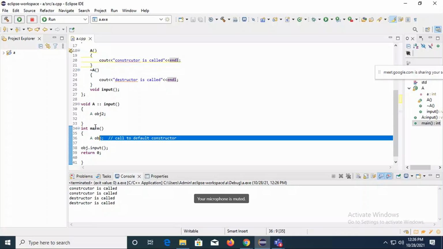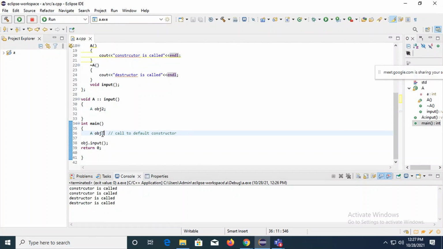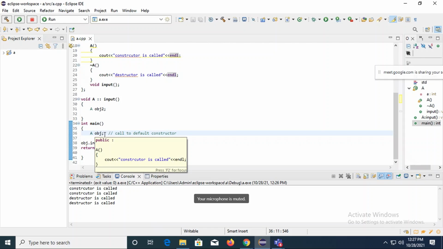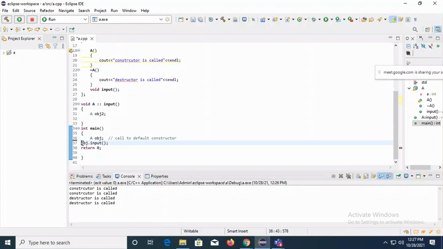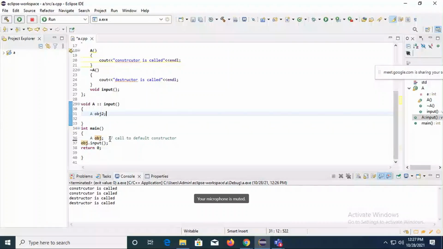After this, the control comes to the next line, obj.input. The constructor was called for this obj, and then input will get called for this obj. So control went into the input function, and now you have another object inside it, that is obj2. So again, this will give a call to your default constructor.